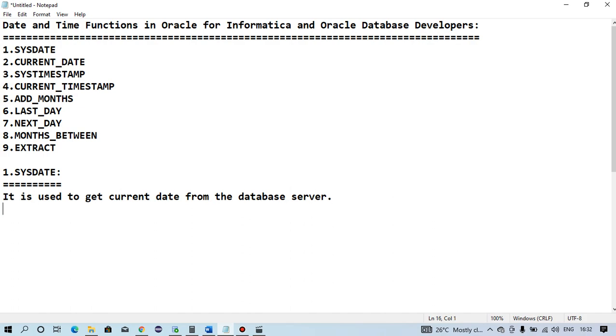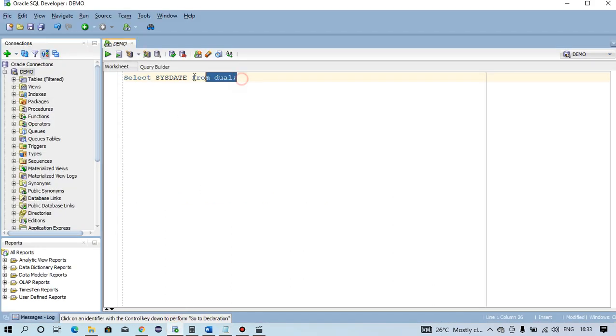Now how to write the query. Simple. We use a select statement: select sysdate. There are no other input parameters for this function. Directly we use sysdate, then from table, whatever table you want to provide. For our understanding purposes, I am taking the table as dual. This is a temporary table in databases. If I execute this query,